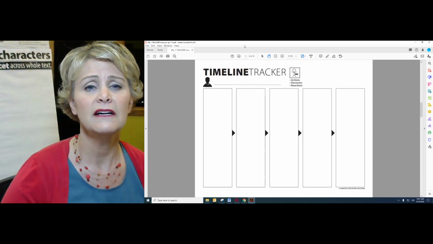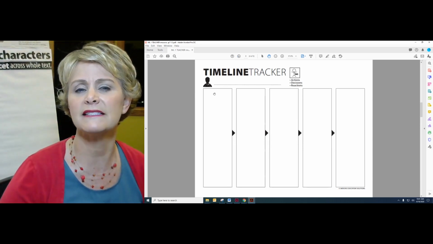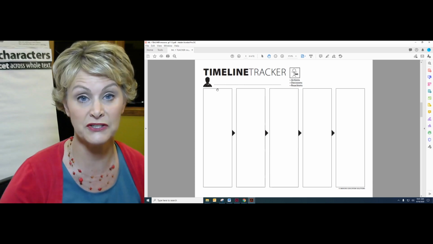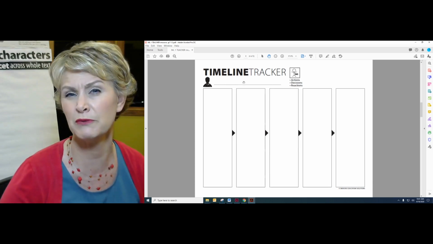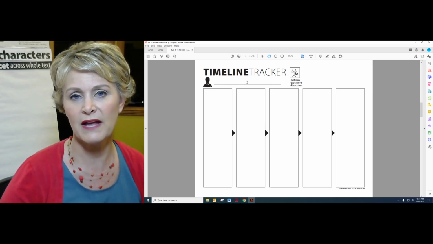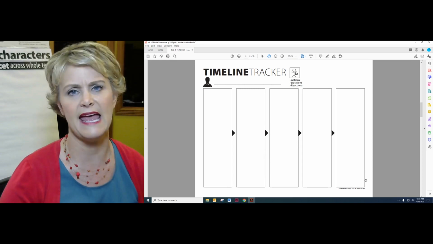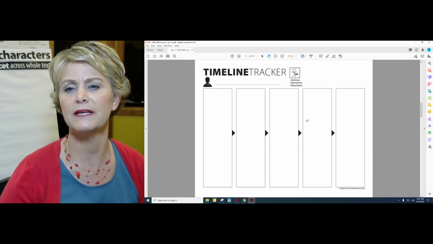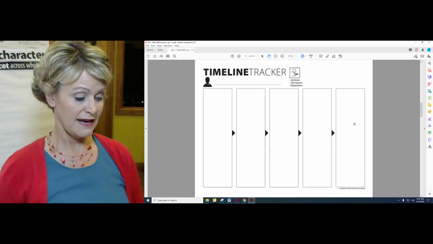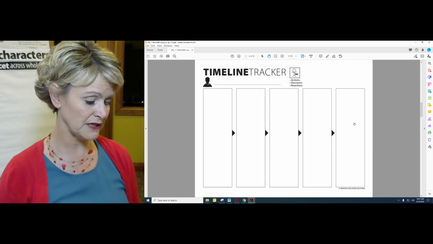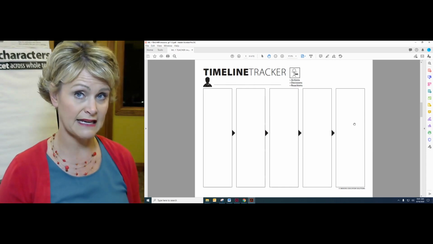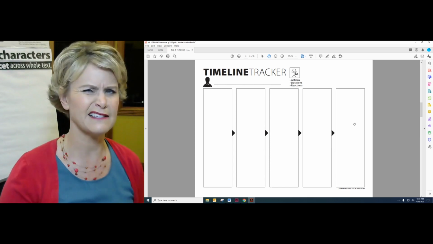And up here it's not a timeline of events as much as a timeline of character development. So that's why I put a character there. So you would write the character's name right here. Okay. And so then we just go through, and as we fill up each box, beginning to end. So this is like beginning, middle, middle, middle, end. Okay. And we're only looking at literature. We're only looking at character tracking in stories. That's all we're looking at.